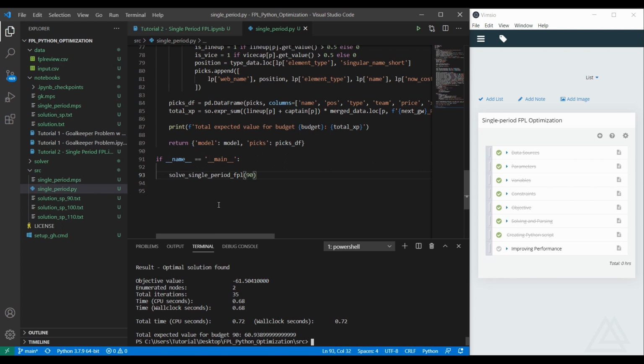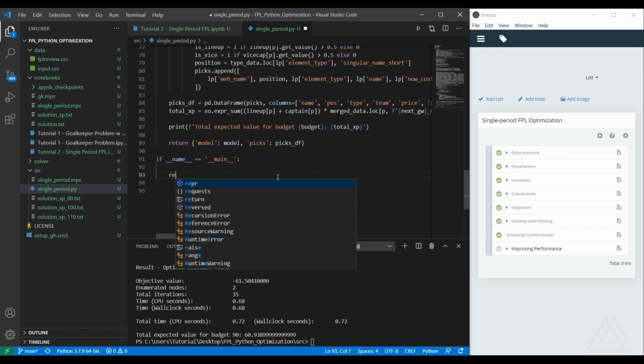Suppose you would like to solve this problem for different budgets for some reason. It doesn't have to be budgets, by the way. You can do it for any purpose you want. You might want to force a certain formation, or maybe certain team players. Those constraints are very easy to add. But suppose you would like to solve, like, 10 problems and see how they compare with each other for some purpose. So what you can do then is, instead of calling this directly, you can call this